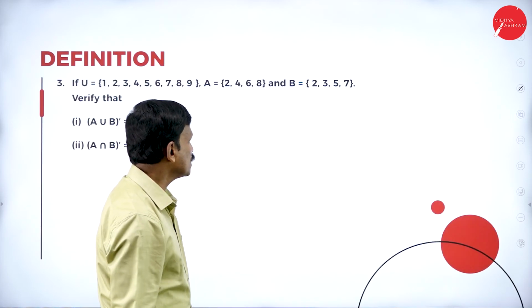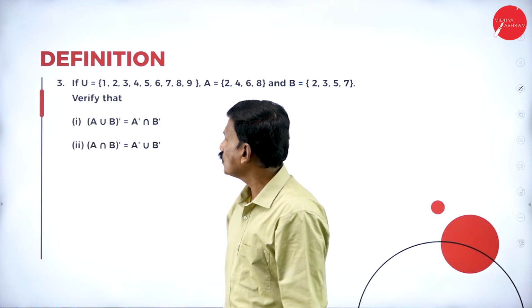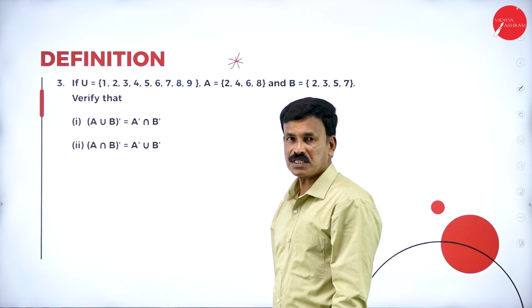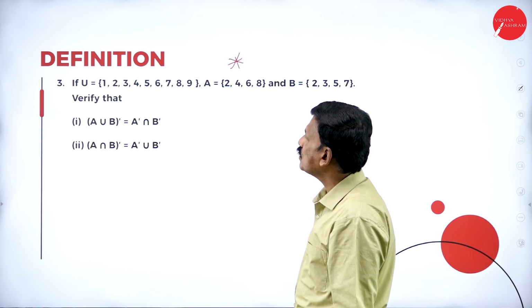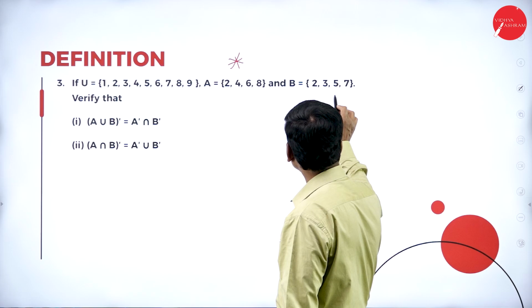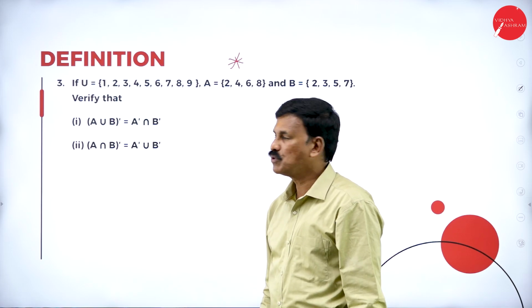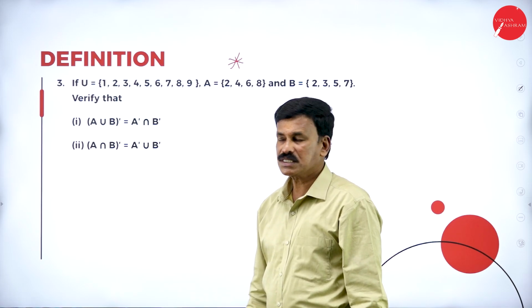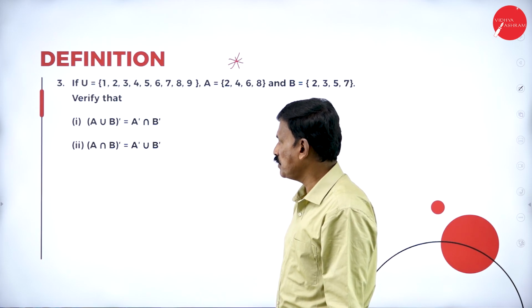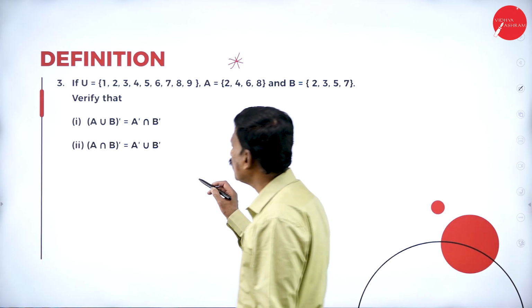Now, let me take one more example for De Morgan's law. Now, this is very, very important. You may expect this for 6 marks in your final examination. Let U = {1, 2, 3, 4, 5, 6, 7, 8, 9}, A = {2, 4, 6, 8}, B = {2, 3, 5, 7}. Prove that (A union B) whole dash is equal to A dash intersection B dash, and (A intersection B) whole dash is equal to A dash union B dash. Right. Now, first find out